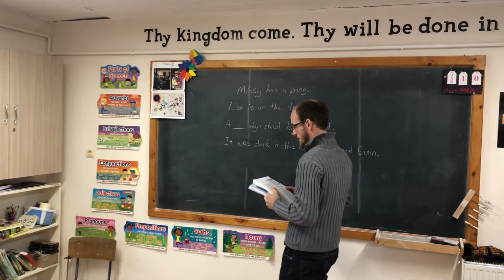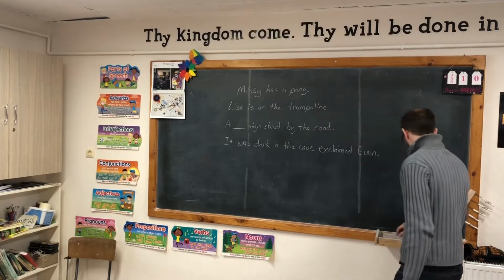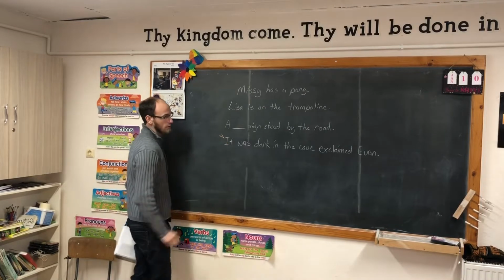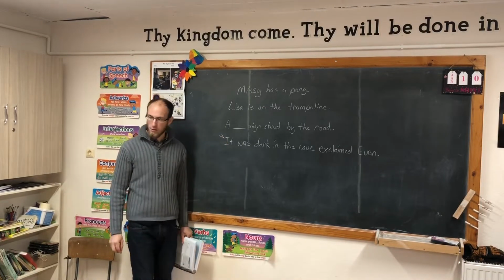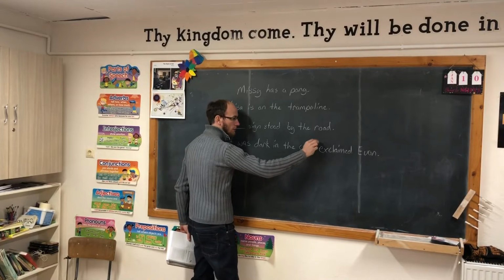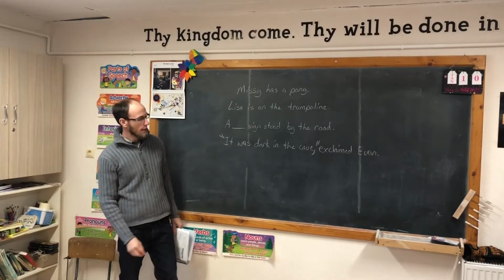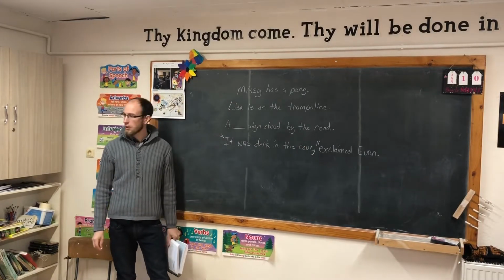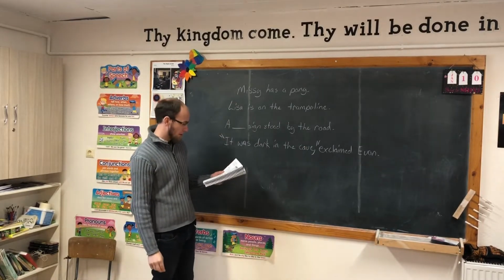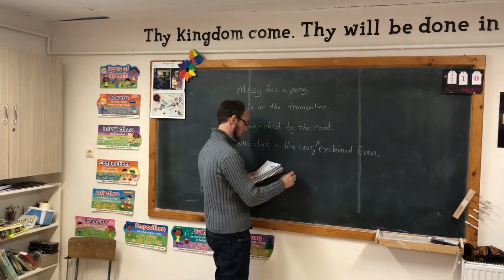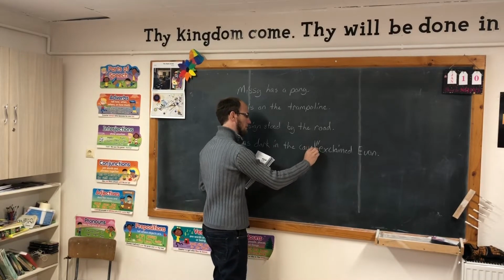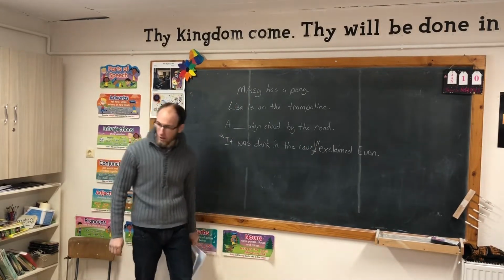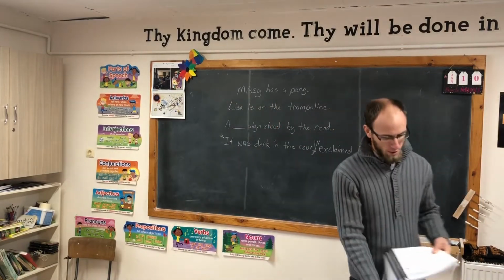Twisted, shiny. Okay, where do the quotation marks go in the next sentence? It was dark in the cave, exclaimed Evan. Beginning quotes. Is that cave or quote? Quotation marks? Cave. Oh, my A is not very clear. In the cave, exclaimed Evan. That's good. We could put an exclamation point here instead of a comma. Think that would be better? Since he's exclaiming it. Yes. It was dark in the cave, exclaimed Evan. All right, that's it for review.